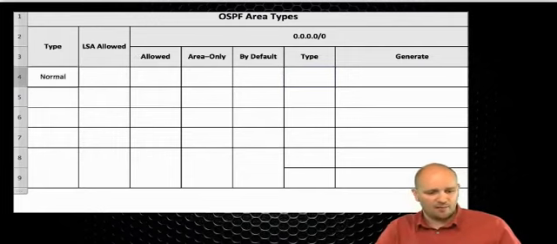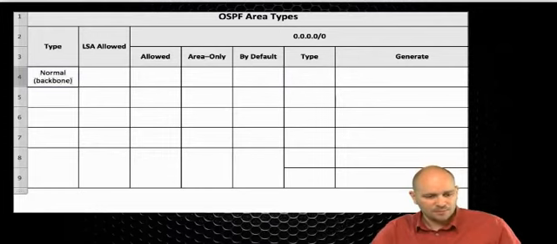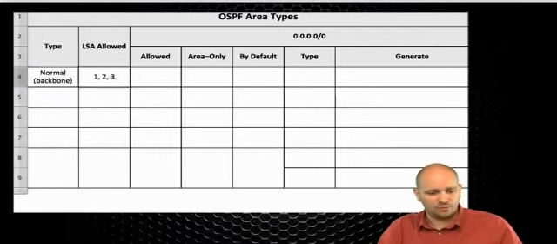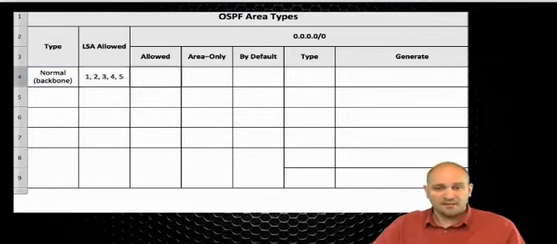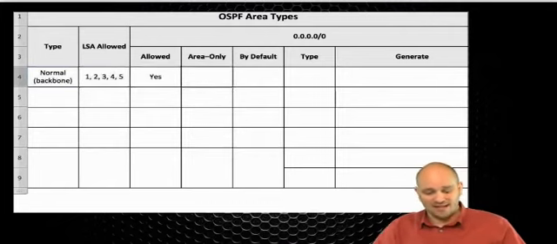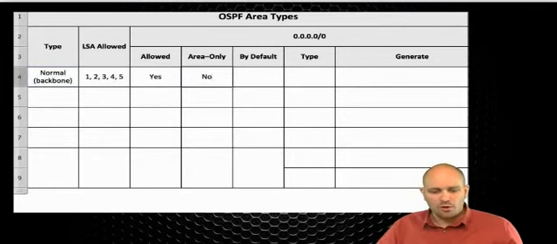So the first area type is the normal area, which actually includes the backbone areas as well. The allowed types are 1, 2, 3, 4, and 5. And the default route is allowed to exist, but it cannot be generated only into this one area. So when you are creating a regular area or the backbone area, you can have a default route in that area,